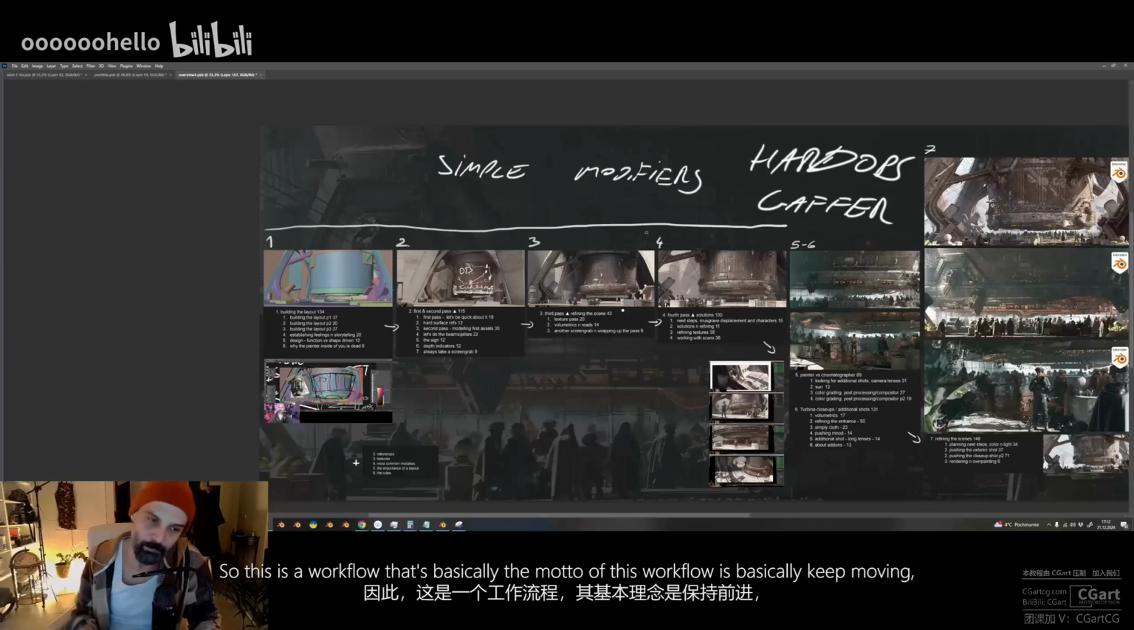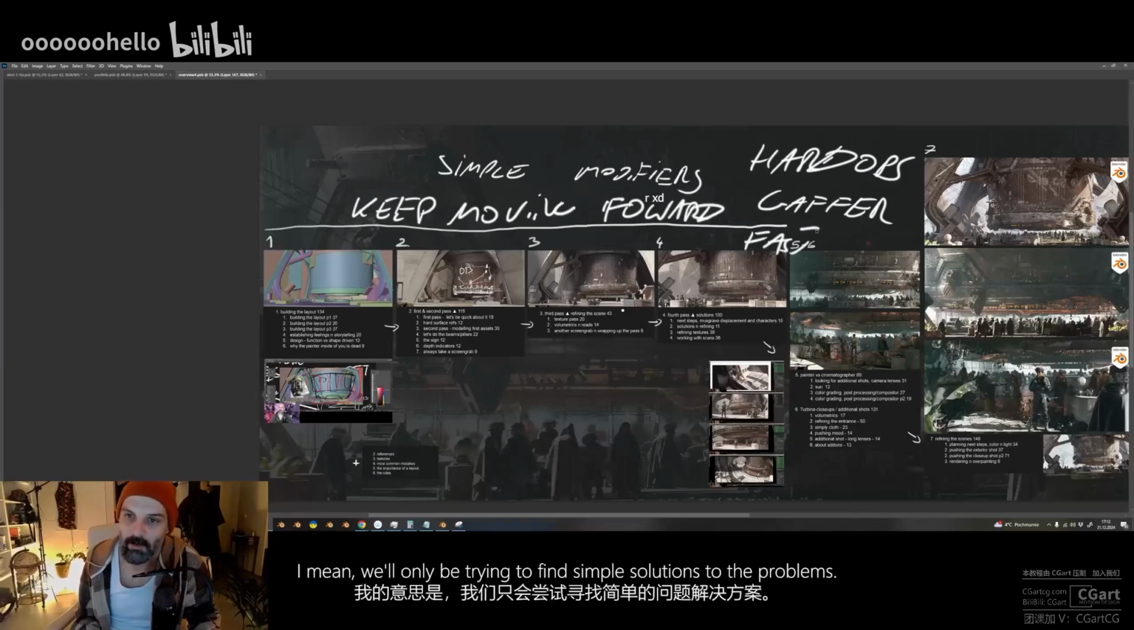So the motto of this workflow is basically: keep moving. Keep pushing forward fast. We'll only be trying to find simple solutions to the problems,